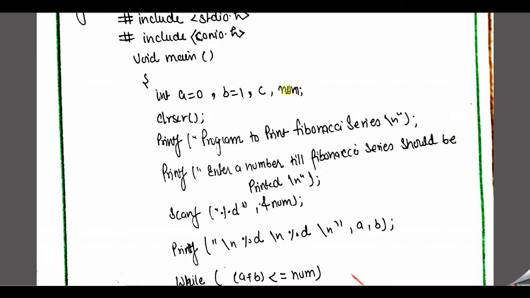Okay. So which value is basically compared with the number? C is equal to A plus B. That means we always need to check whether the value of A plus B is less than the number or not. Remember, we need to check the value of A plus B, because the new value is always stored into A and B, and C has the same value. So this is the most important part.